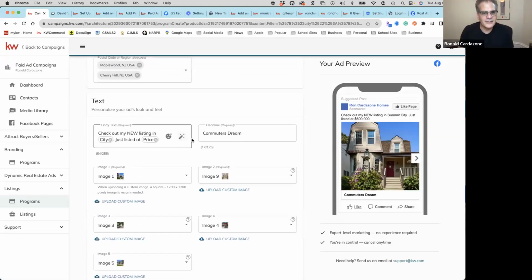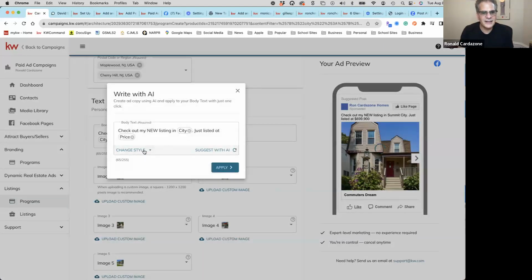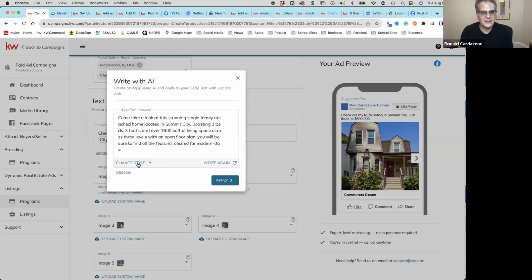and let's see, coming back here, if I just click on this, this is some of the AI stuff. I can just suggest with AI, and it's going to give me another option for this. And if I say I want caring or emotional or practical or artistic, I can change that style. And because this is an older house, it's going to write it from that point of view, and I can just keep on cycling through until I find something I like. Not everybody's good at writing creative copy, so the ability to do that is right here. And then, like I said, if you want to rerun this at another time,